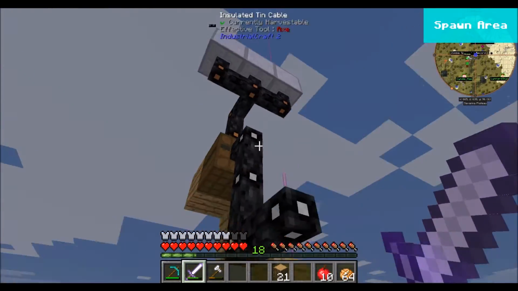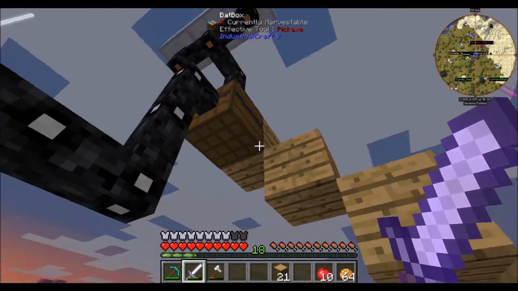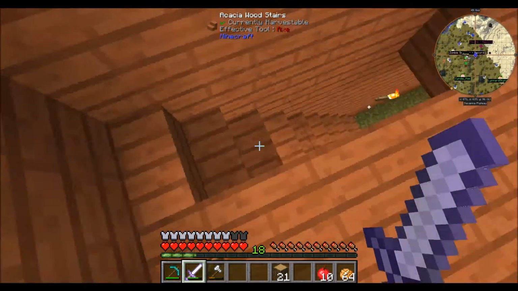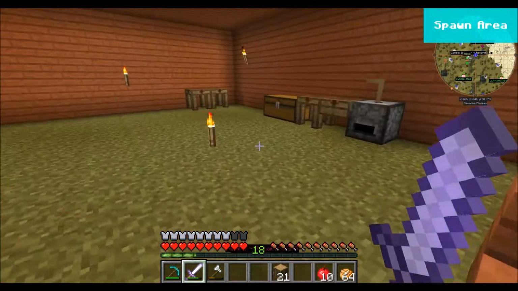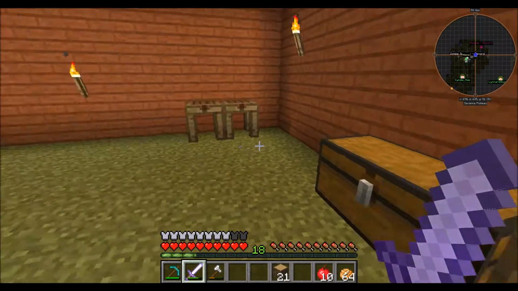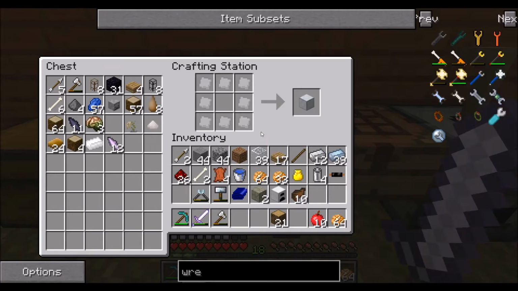I got 3 solar panels up here. Now have a full bat box, so all that's good to go. I put these cables here because I'm going to show you guys the next step in the advanced Minecraft that we're doing, and that is making the macerator and the electric furnace. And to make the